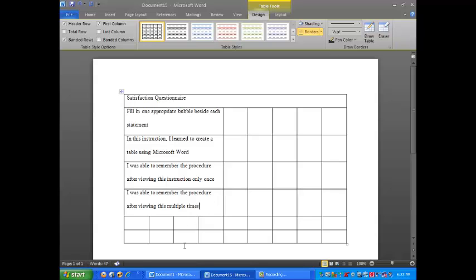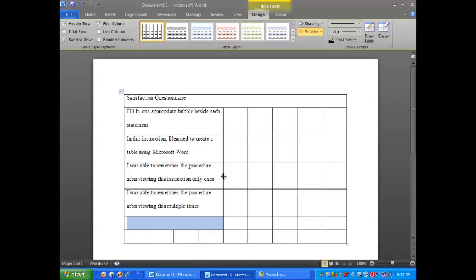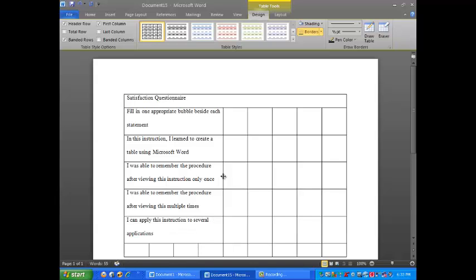Now let's go to the next statement. Highlight 4 cells, do a right click, click Merge Cells, and do this again. And then finally,